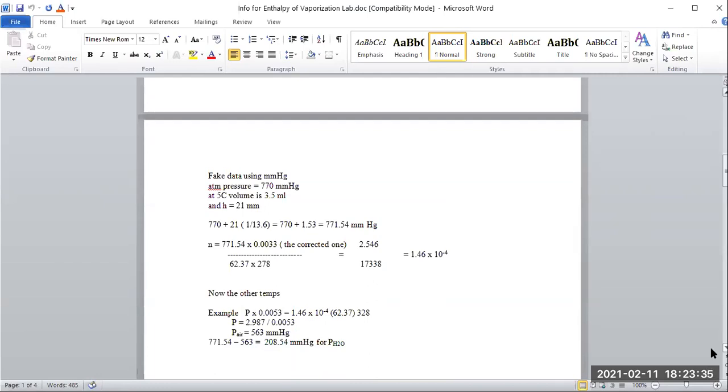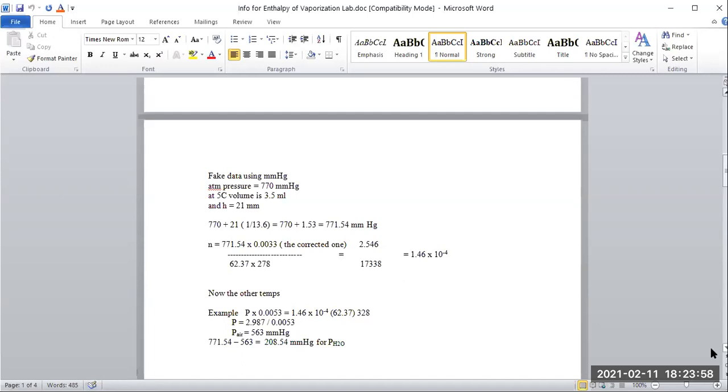I also kind of ended up with a small H value when I did this. My value is probably smaller than what you're going to end up with. My H value was 21. So there's an equation in the handout that's loaded to Canvas that says take your pressure, so in this case it was 770,